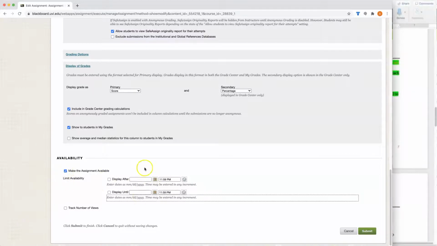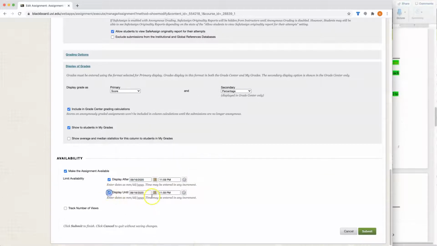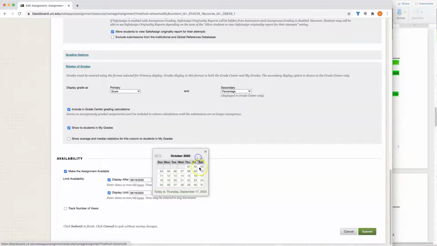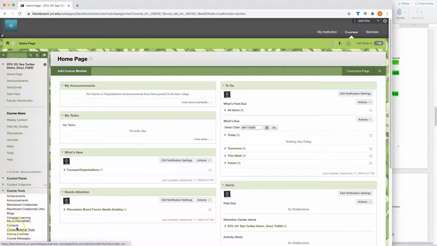Next, I can set the range of dates between which the assignment will be visible to my students. I can check that, and I can say that the assignment should be available to my students starting the 16th all the way into October 17th. So the students will see this assignment within this range of dates. Click submit. When we are ready to grade the assignments that have been submitted by the students, we would go